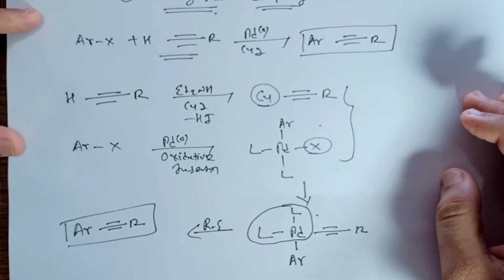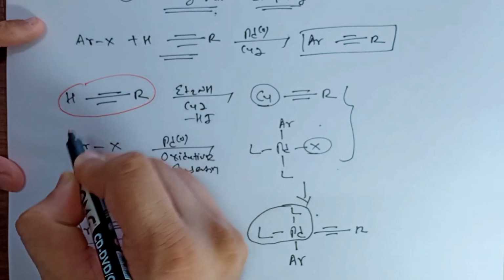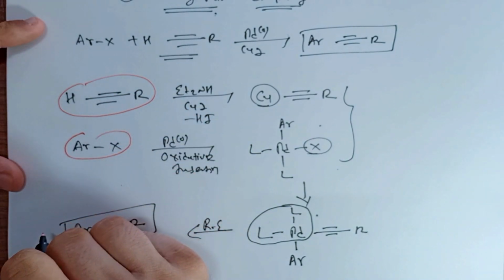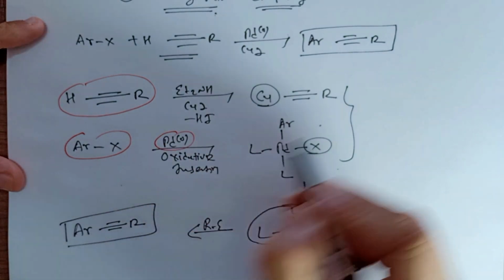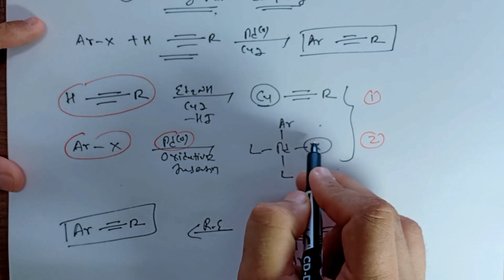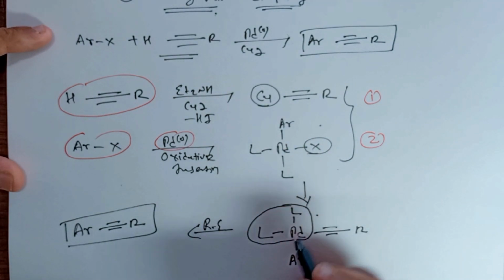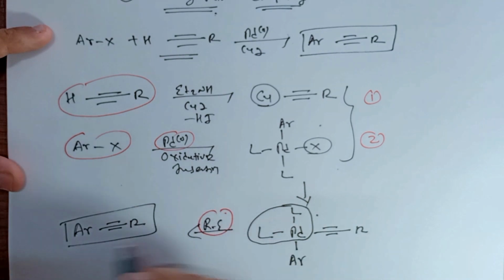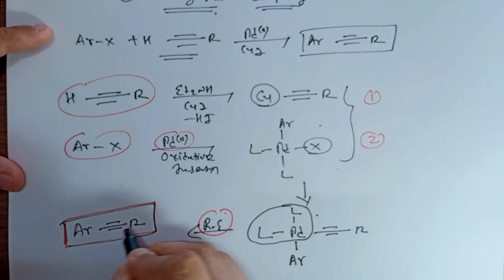So here you have to remember one thing, that you have to react an alkyne group and an Ar-X compound with copper iodide and palladium in the zero oxidation state. Now, by the formation of these 1 and 2 compounds, the copper and halogen will be removed from the reacting material, and here we are having this type of intermediate. In the last step, with the help of the reductive elimination reaction, you can produce an Ar triple bond R group. So this is our coupled product.